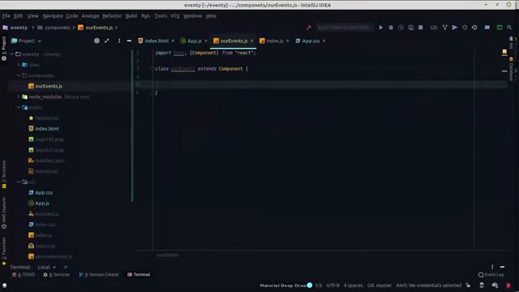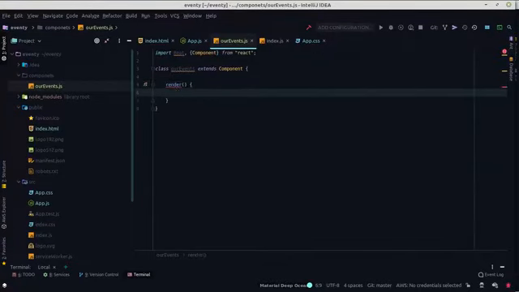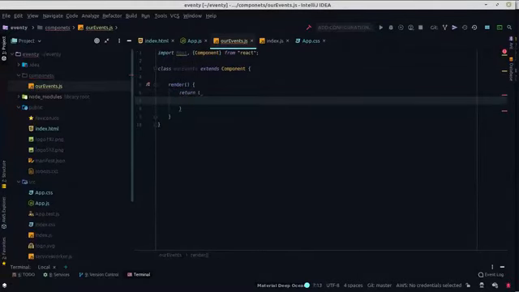We have what we call functional components. This is a class component. Functional components have render, and they also have return. And then we put our HTML inside the return. So this is where we have h1, an h1 tag that says welcome,